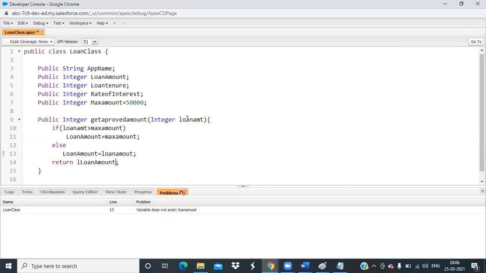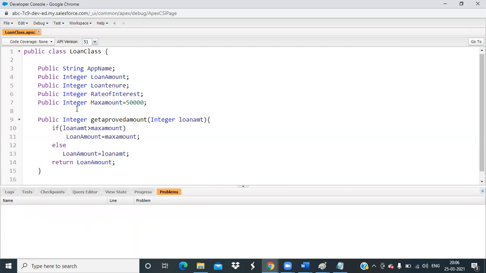So here it will be this. I'm saving it through Control S. It was giving an error on line 14 because some random character was there. Now it is saved. So our code is saved.